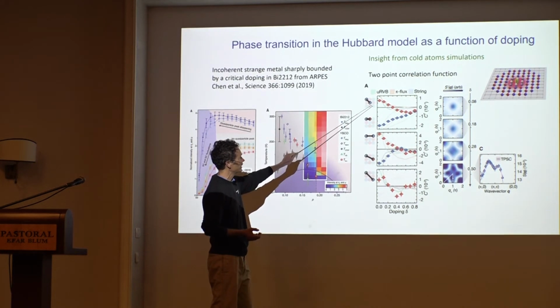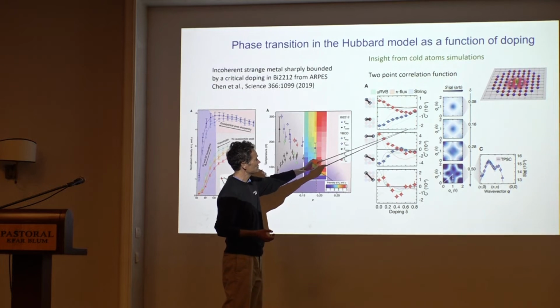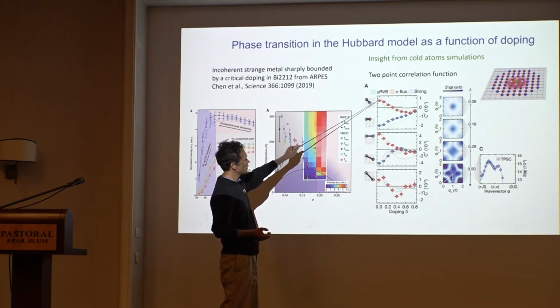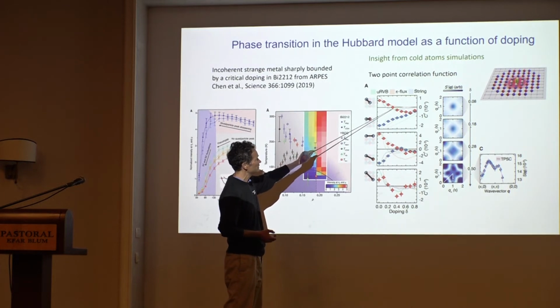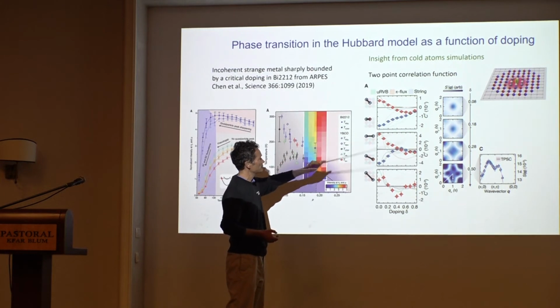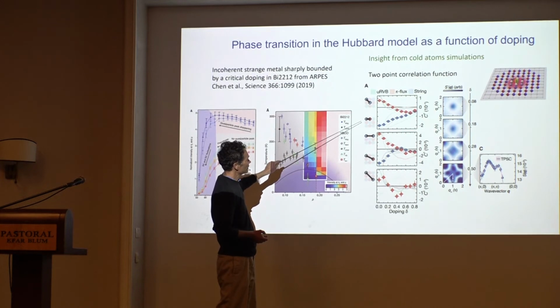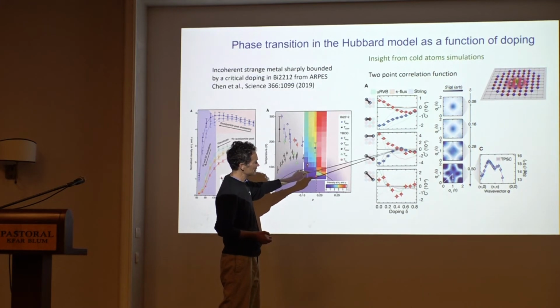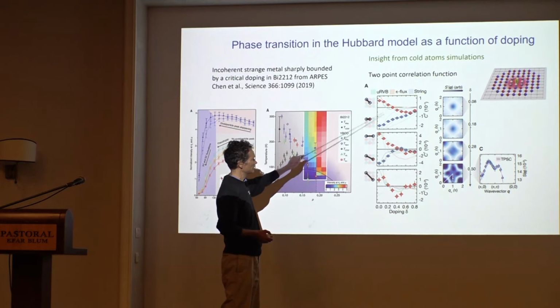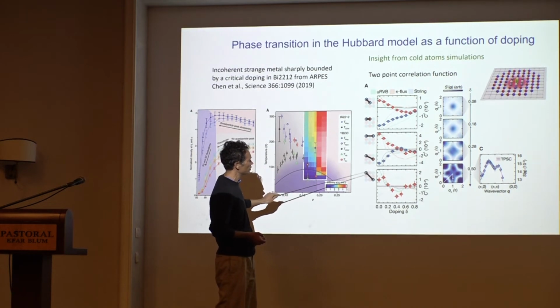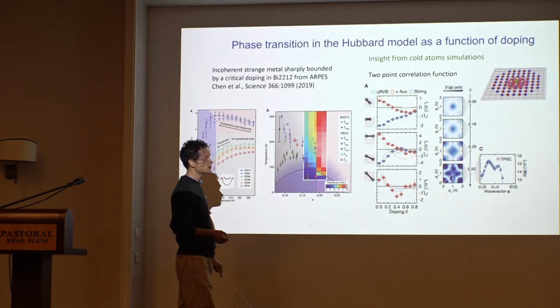So in this case, it's diagonal. This horizontal axis is doping. You can see here for the undoped system, they look ferromagnetic, but then as doping is increased, actually they change sign and become antiferromagnetic. Then here, this is again next nearest neighbor, now in horizontal. Again, it's ferromagnetic in the Mott insulator, but then as the system is doped, it becomes antiferromagnetic. And this goes on even for longer range correlation functions.